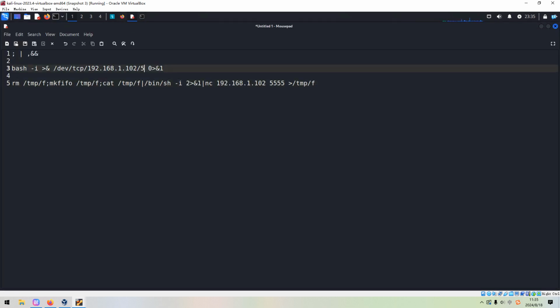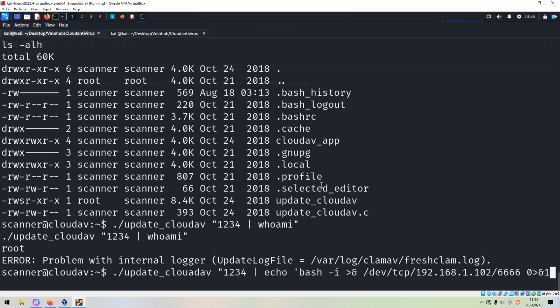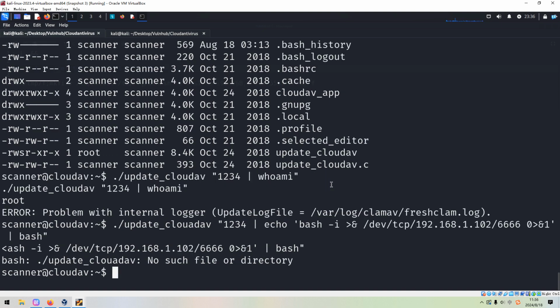So we can change the port number to 66. We can copy. And this technique is also very popular and also very important. So we can run update cloudav and anything, and we can echo and pipe to bash. Okay, so let's press enter.